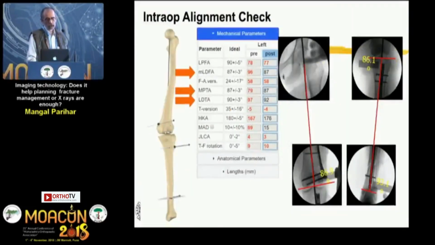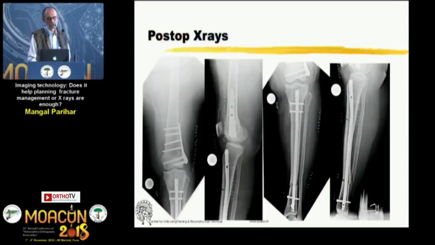And intraoperatively, we use various methods to again check that the alignment is okay. This is an alignment rod going from the center of the head to the center of the knee. And the software said 87 degrees, and we've got 86.9. The MPTA was 87, we've got 86.1. LDTA, it said 92, we've got 93. 1 degree is even possibly an error of measurement. So that's her post-operative X-ray,